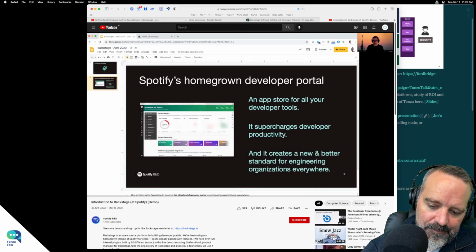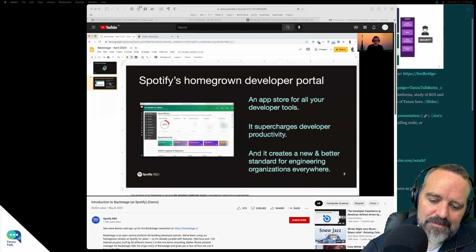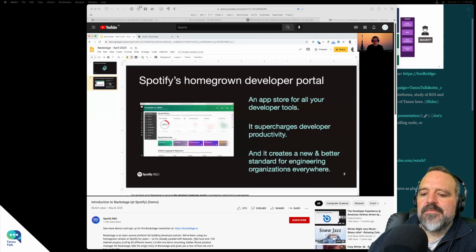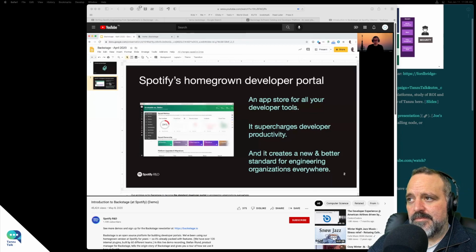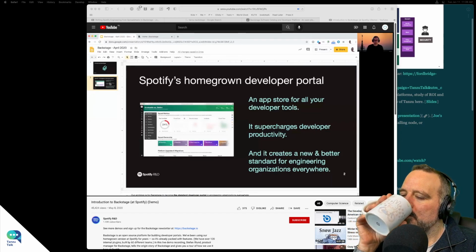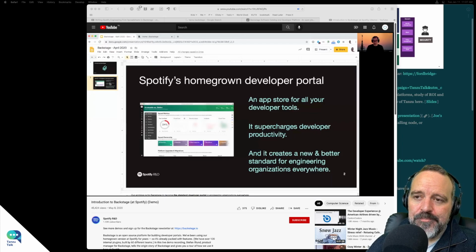Over 120 different plugins built by those 60 teams. So Backstage internally is kind of a huge project. And what we were seeing when we went out demonstrating Backstage and talking to other infrastructure organizations was that they were seeing similar problems. They were also seeing fragmentation and all the complexity of integrating open source software. When we demoed Backstage, people were pretty amazed, to be honest, that this is a nicer way to do this. Then we started thinking maybe this is not a Spotify-specific problem, and is there a way for us to open source what we have so that we can start to create a better developer experience, not only for Spotify engineers, but for the broader engineering landscape.